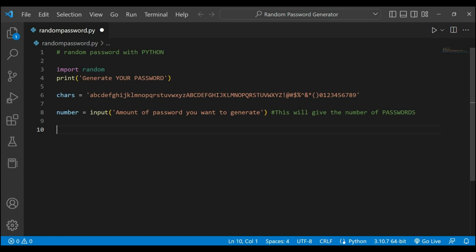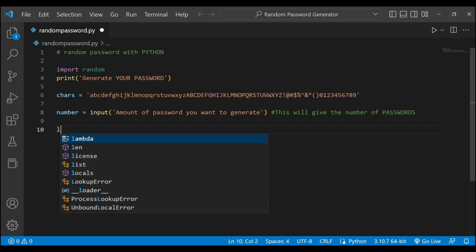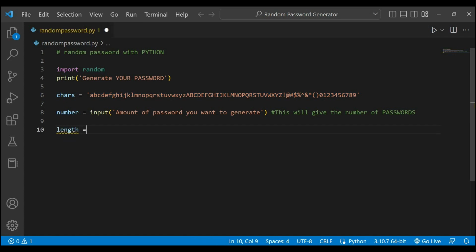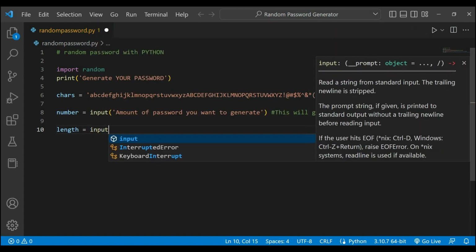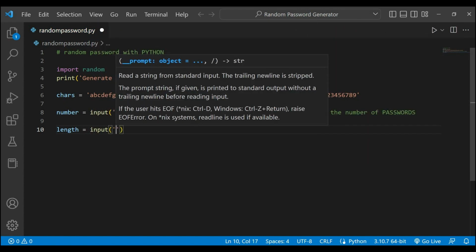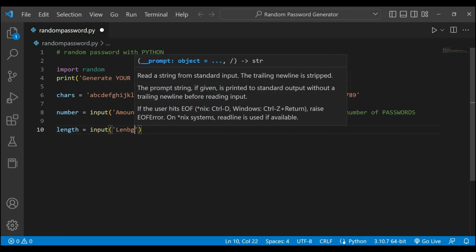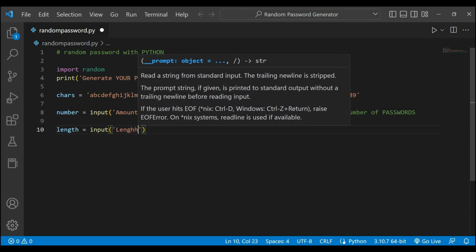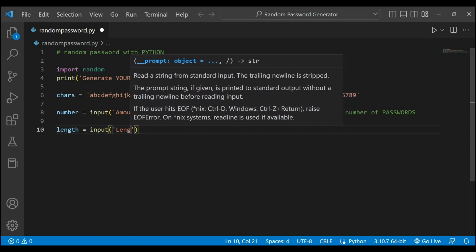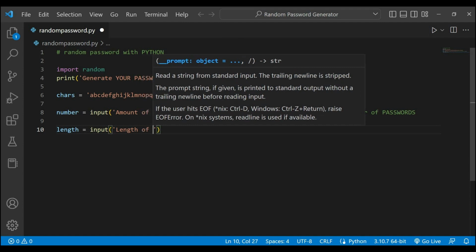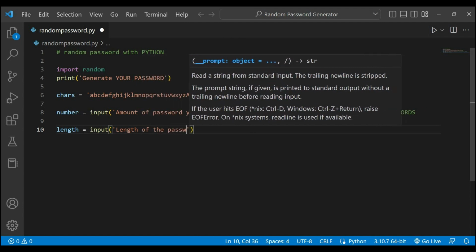now we will be shuffling this, as this is not the one thing we will be getting. I want a particular length for this. So length is equals to input, length of the password. So